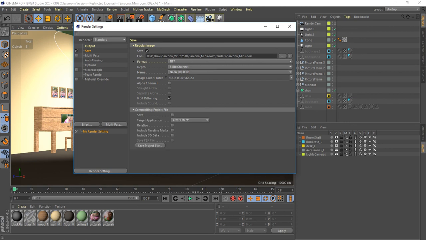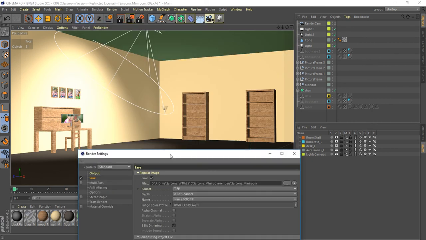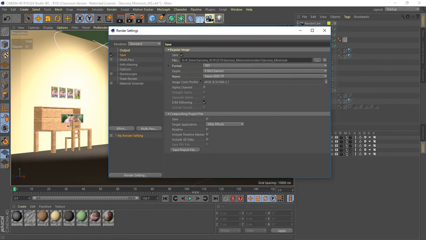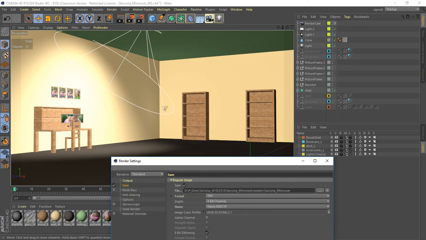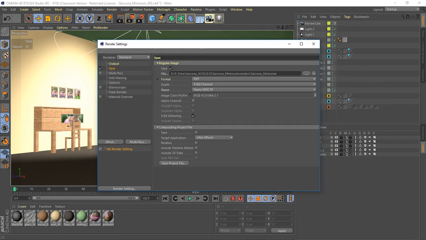One of the good things about Cinema 4D is that it is really ingrained inside of After Effects too. So you can actually take this Cinema 4D file and render it out, and then you could also bring part of this into After Effects. So let's say this is a room that I built. There's a million different things around here, and I want to call out certain ones with text. I don't want to do it inside Cinema, let's say, because I may want the text to change or the colors to change. I can export this out of Cinema, bring it in After Effects, and then I can actually